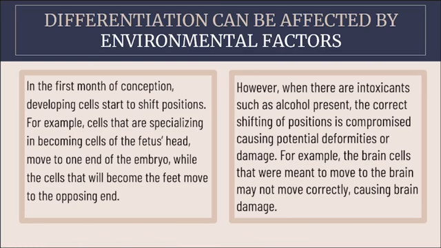In the first month of conception, developing cells start to shift positions. For example, cells that are specializing in becoming cells of the fetus head move to one end of the embryo, while the cells that will become the feet move to the opposite end. However, when there are intoxicants such as alcohol present, the correct shifting of positions is compromised, causing potential deformities or damage. For example, the brain cells that were meant to move to the brain may not move correctly, causing brain